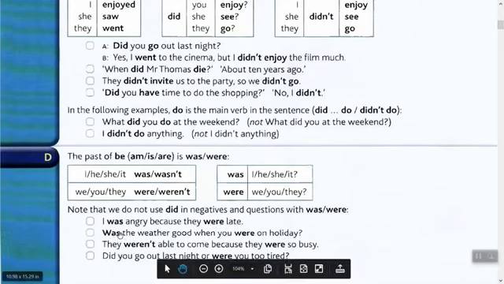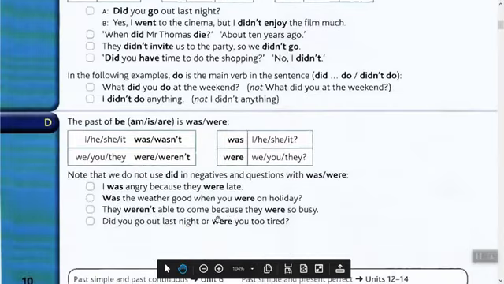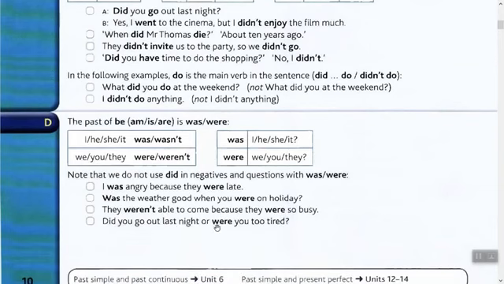ال question مالته تجيبه تقدمه بالبداية: Was the weather good when you were on holiday? النيجاتيف مالته شو تسوي؟ بس تخليه not بعد they: They weren't able to come because they were so busy. Okay. Did you go out last night or were you too tired? Are you